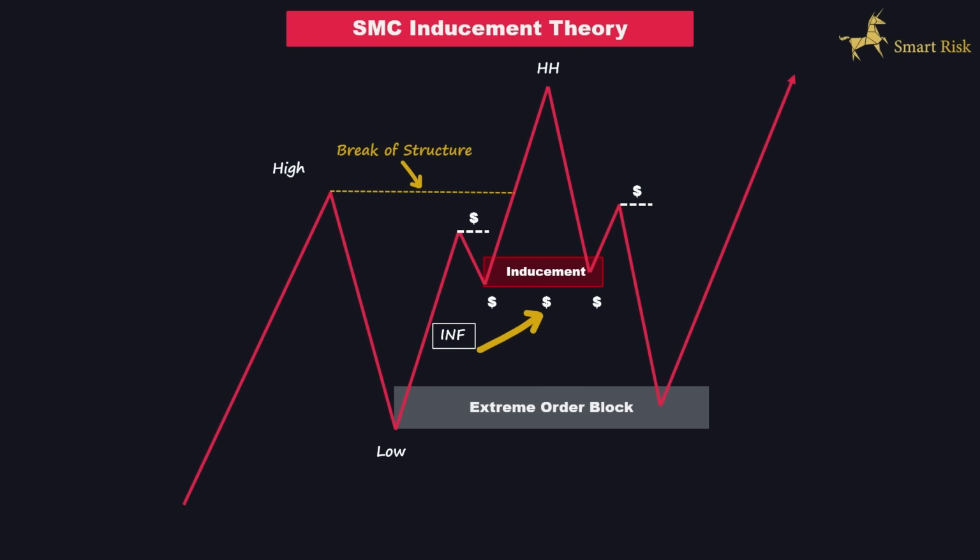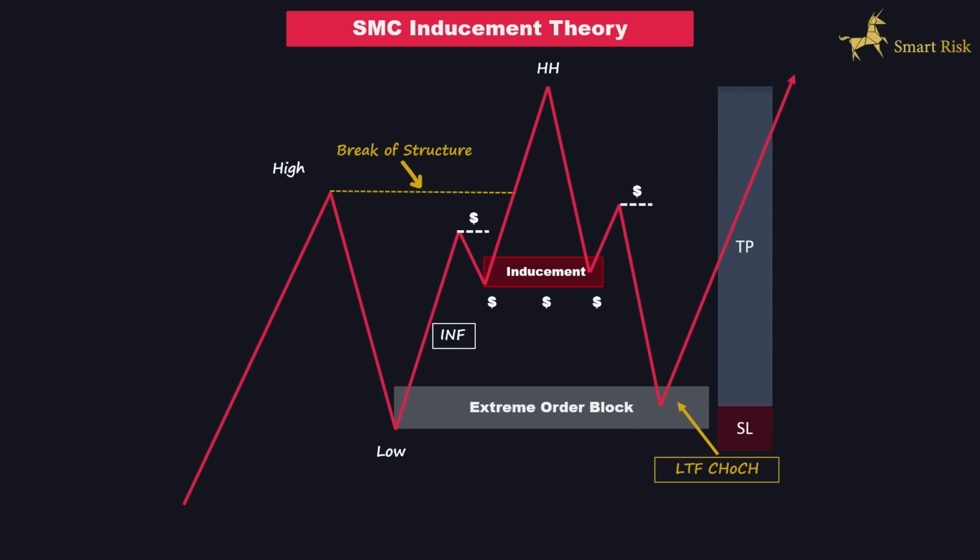Indeed, the price successfully swept the liquidity behind the inducement zone, confirming the anticipated confluence. Our next step is to monitor the price as it enters the higher timeframe demand zone. Once the price action is pulled into the higher timeframe order block, we shift our focus to the lower timeframe. Within the higher timeframe demand zone, we search for a change of character in the lower timeframe. Additionally, we identify a new order block, in this case, a demand zone on the lower timeframe. When these conditions align, we consider a long opportunity, with our target set at the external liquidity, which serves as